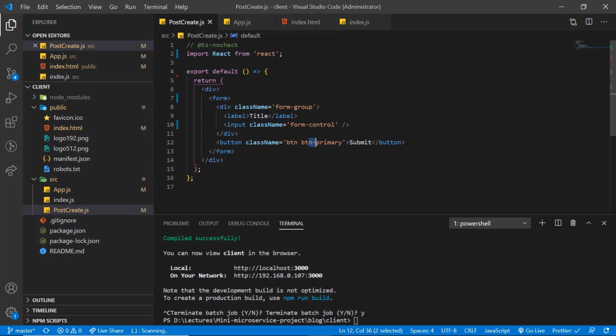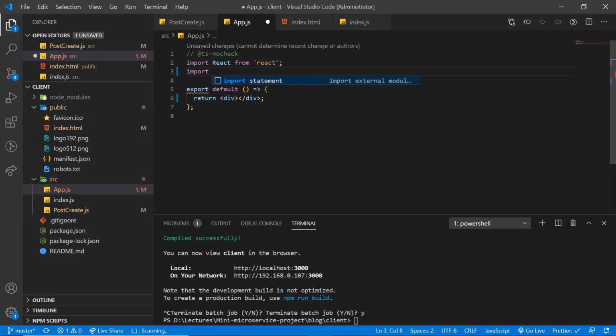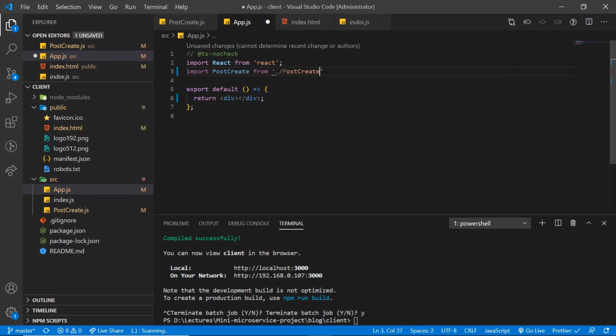Now, let's make sure we can display this newly created component inside our root component, that is app.js. In order to do that, we have to import our newly created component. And then inside this div, we are going to use our newly created component, that is post create.